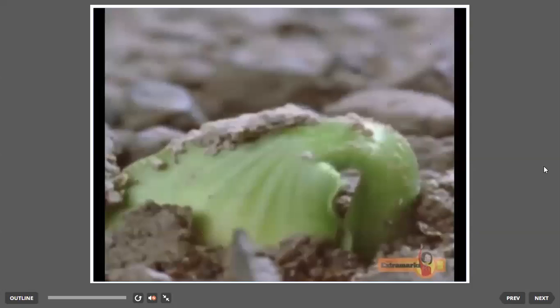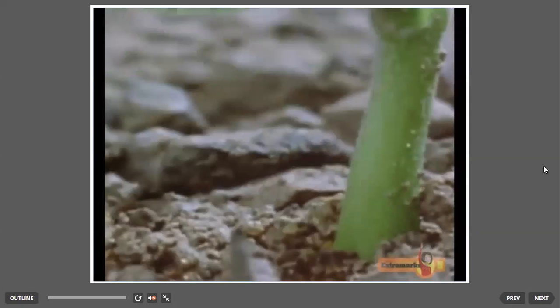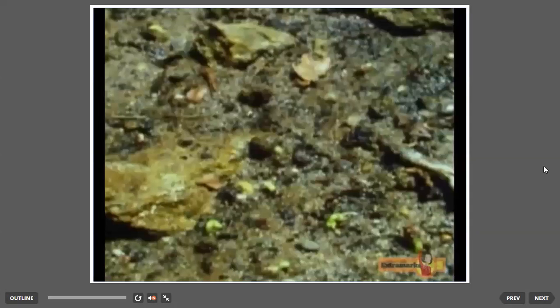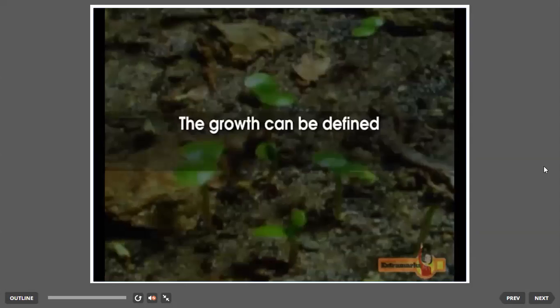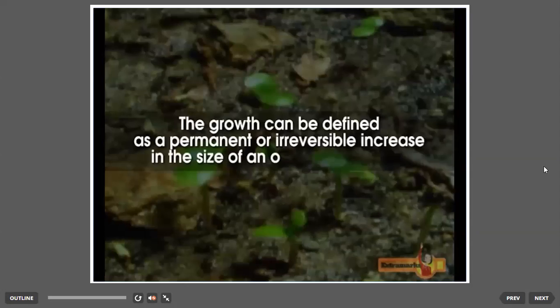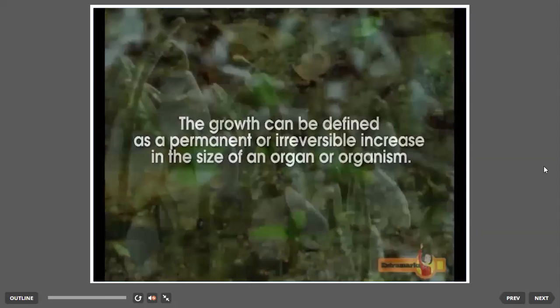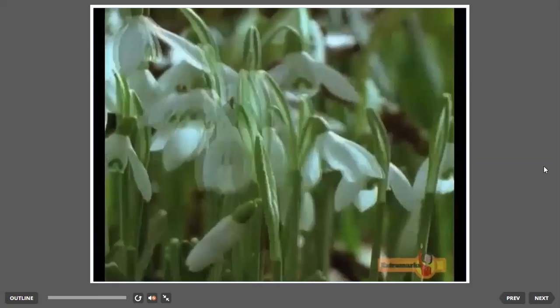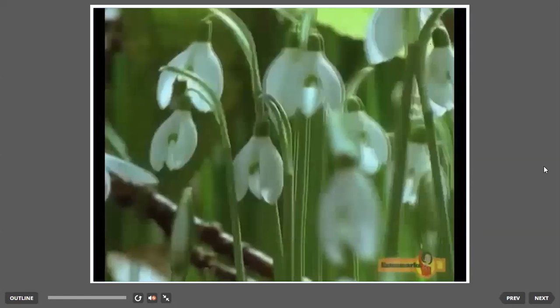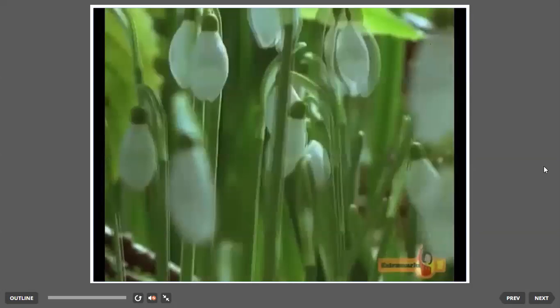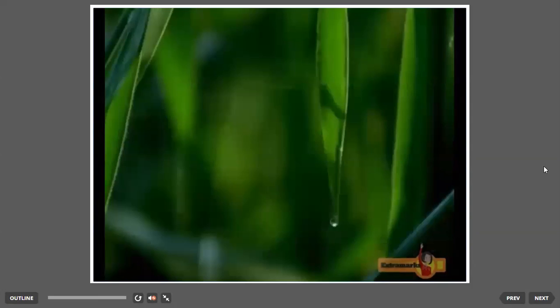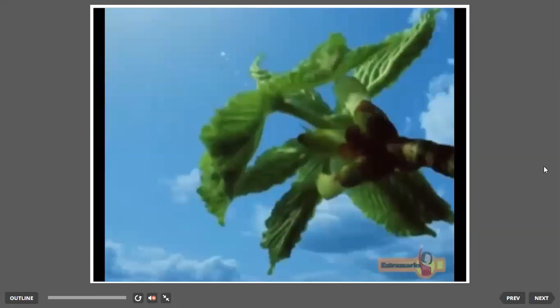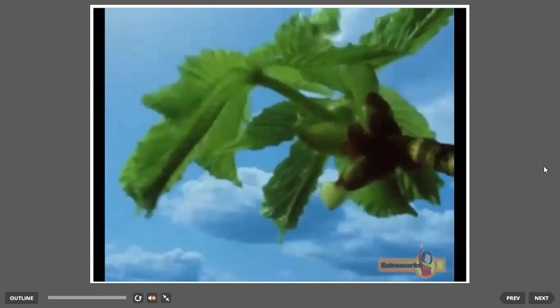Growth is regarded as one of the most fundamental characteristics of all living organisms. Growth can be defined as a permanent or irreversible increase in the size of an organ or organism. Plants depend upon various internal and external factors for their growth. The external factors or stimuli include water, temperature, oxygen, and light, which play an important role in the growth of